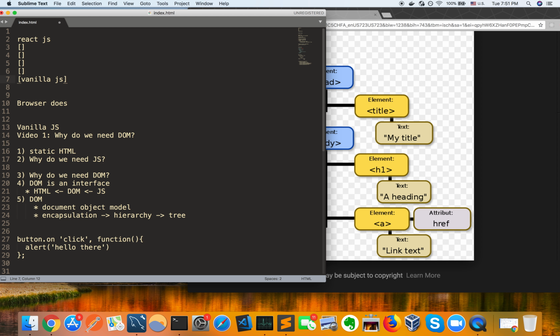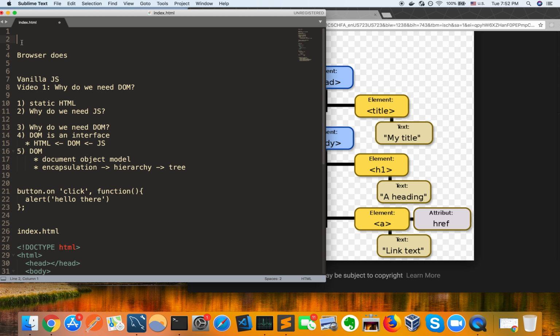And if you understand vanilla JavaScript concepts, no matter what you change up here, whether it be Angular or Vue, you're going to see the pattern. You're going to see the pattern and you're going to understand it. Because you understand how React and Angular use this vanilla JavaScript in their own ways, you're just going to see through those things, and it's going to stick with you. And when it sticks with you, it gets more fun, and it's going to be better for you. So let's talk about this. But before we talk about vanilla JavaScript, I think it is really important that we talk about the DOM,